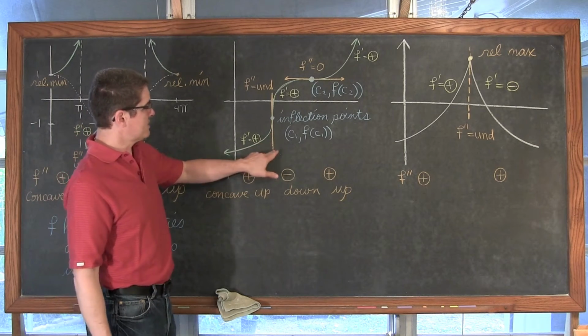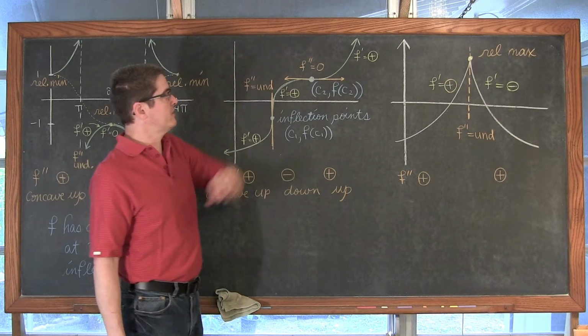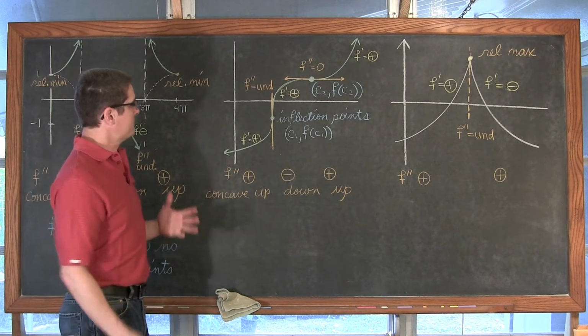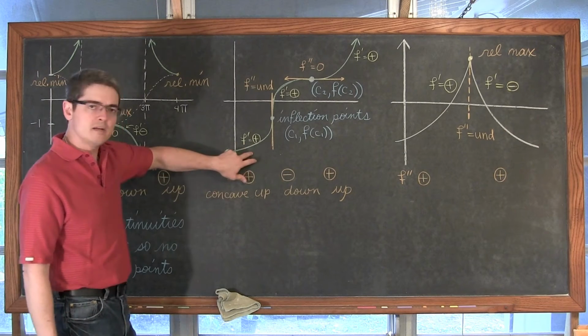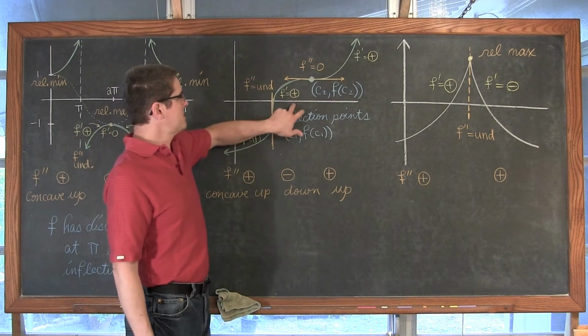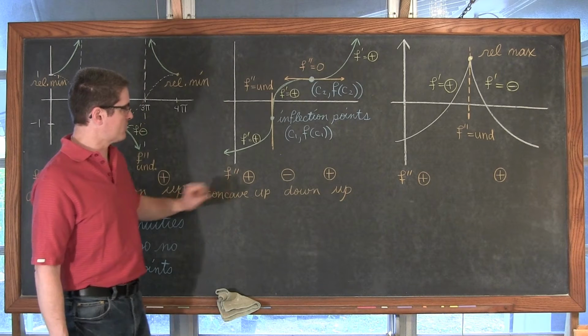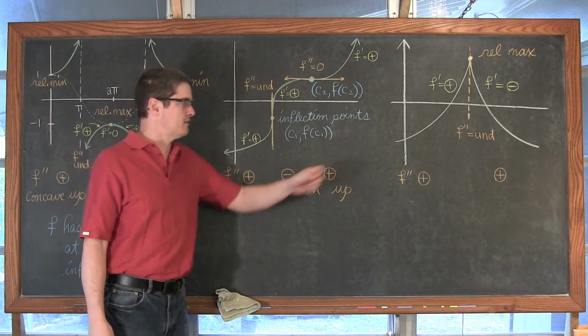So we have a second derivative which is undefined, a second derivative which is equal to 0, and again that would set up my number line into some intervals, and I'll test just one number. I only need to do one number in each of these intervals, plugging them into the second derivative and seeing if the sign is positive, negative, or positive.